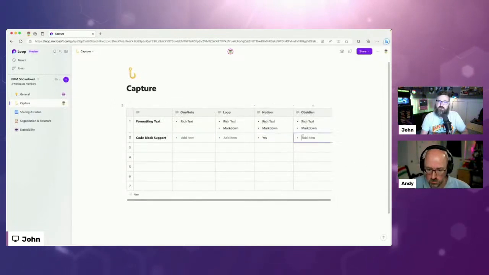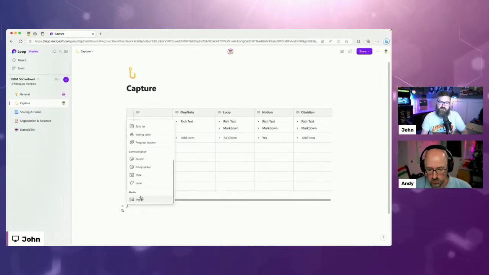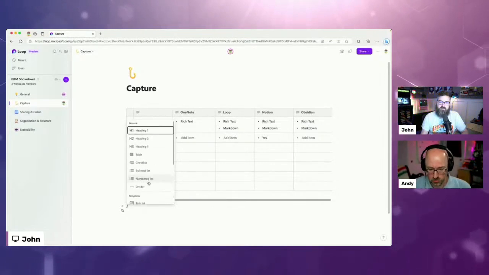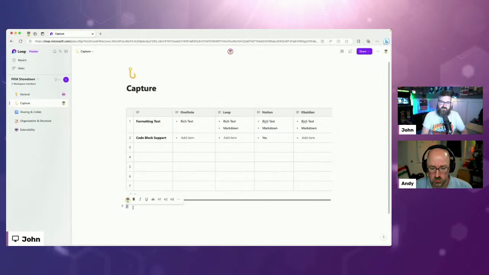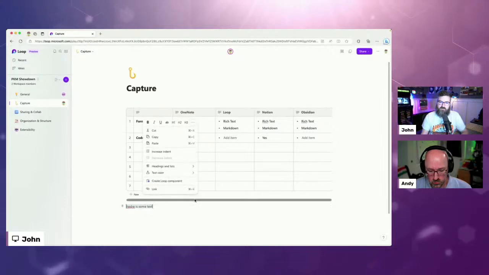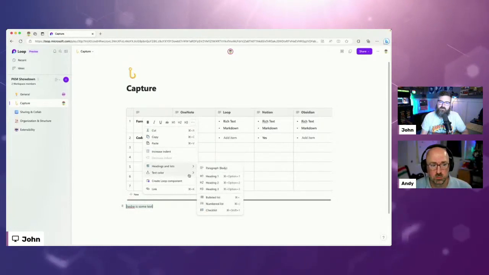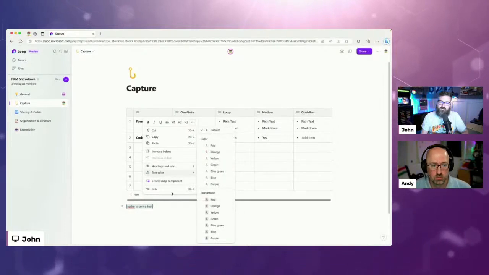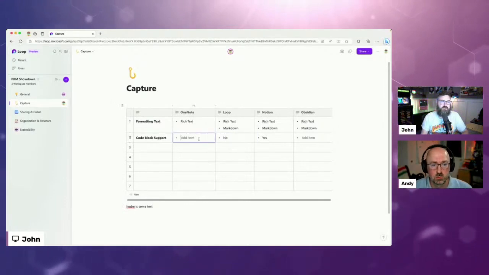What about support for code blocks in Obsidian, Loop, and OneNote? So if I do a / here, I don't see a code option. If I type some text and highlight it to get the little fly-out to do formatting within Loop, I don't see the ability to have a code block in here. So it looks like Loop is a no, probably, unless somebody else knows anything else.